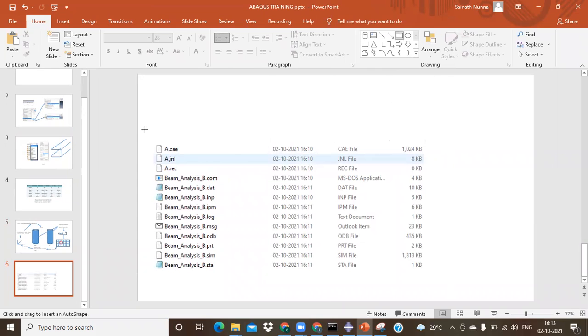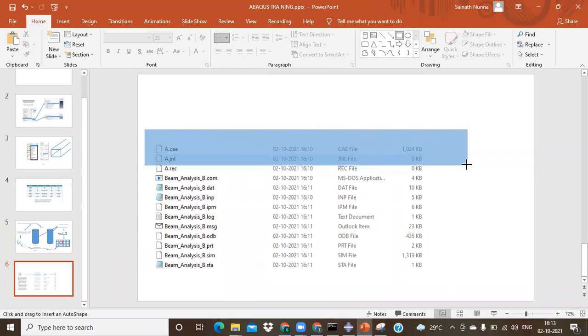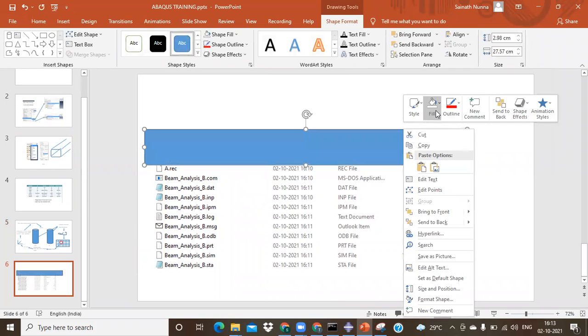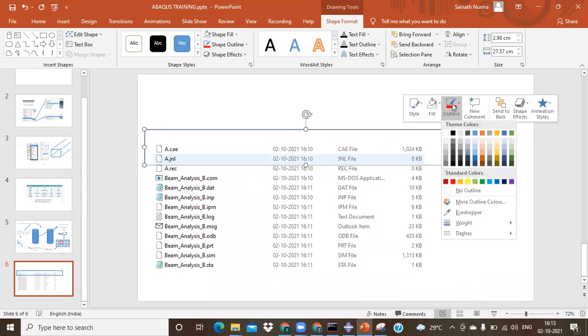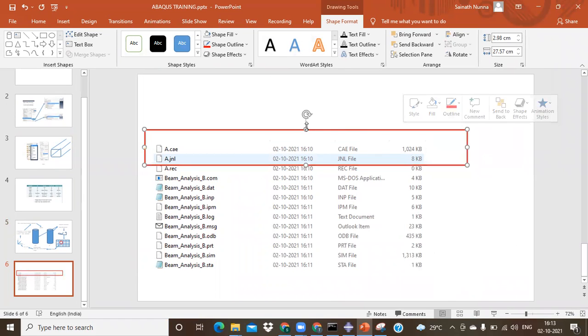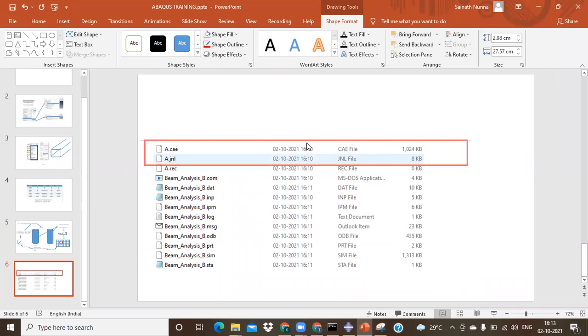So when I take these 2 files, this is a CAE file. That way, Abaqus can save all the information in this particular file, and you can open it in Abaqus again with the same version. This is where a JNL file helps you.